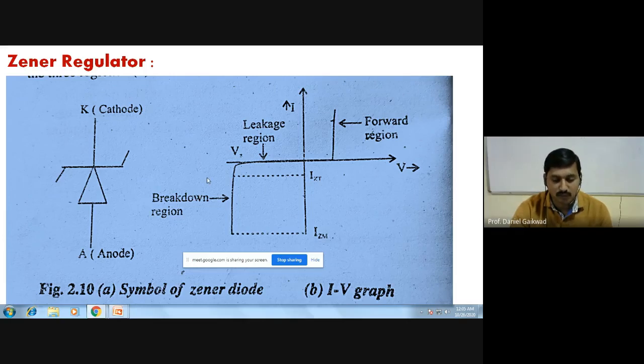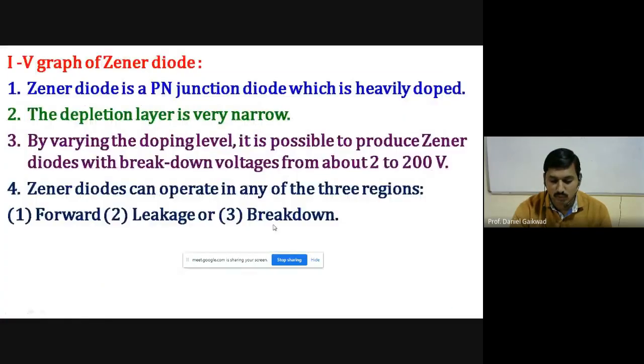Okay. Now check carefully what we have to consider in the current-voltage graph of the Zener diode. Okay. So the Zener diode is a PN junction diode which is heavily doped. Because of heavy doping, it will work in reverse bias also. An ordinary diode doesn't work in reverse bias. Okay. So the Zener diode is used purposely in reverse bias, and it has applications especially in reverse bias, and that can be obtained by heavy doping of the impurities. The doping you already know from the 11th standard: the concept of doping means addition of impurities.